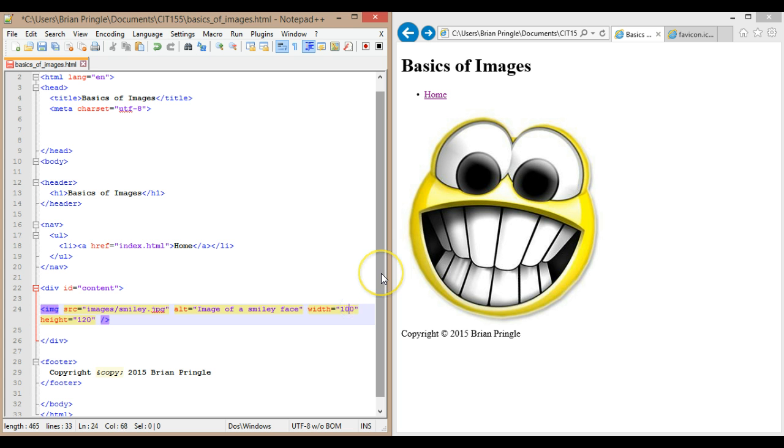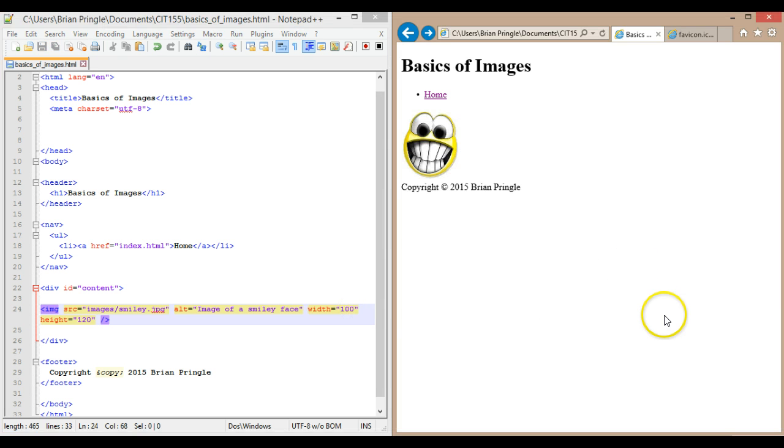Okay, so what I want to show you is if I save this and refresh over here, it will shrink the smiley face down to that size. Now, a word of caution, you don't want to take a picture that you took right off of your phone or camera that is 5 to 8 megabytes in size and then shrink it down by using the width and height tag. It's not shrinking the real picture, it is just strictly decreasing the size of how it displays on the page,